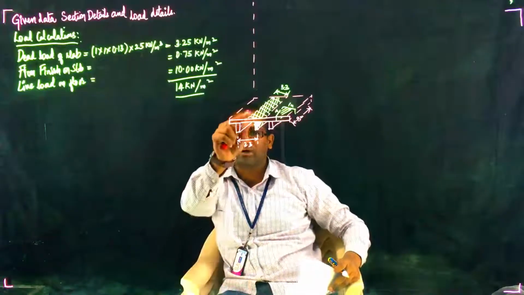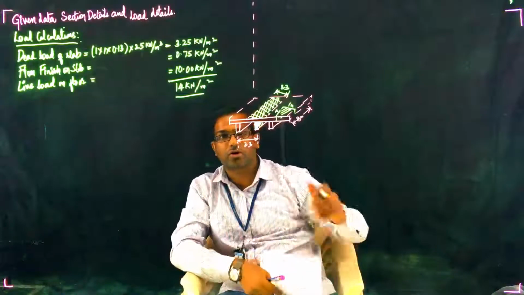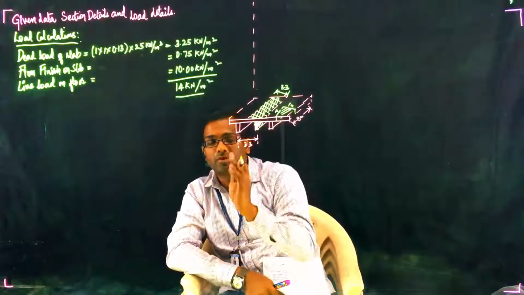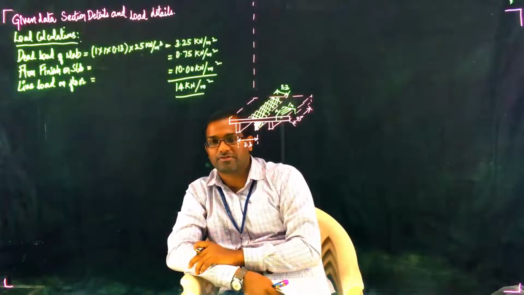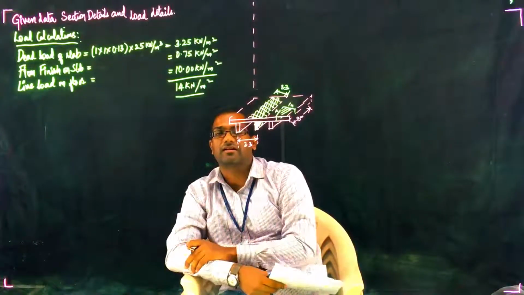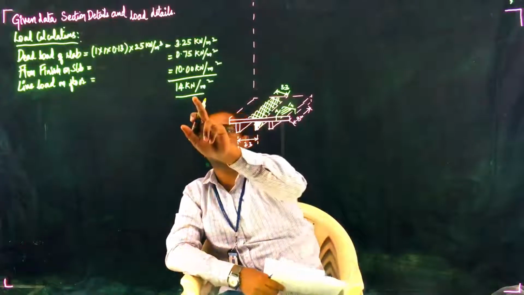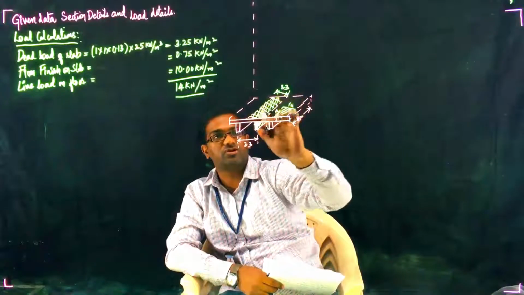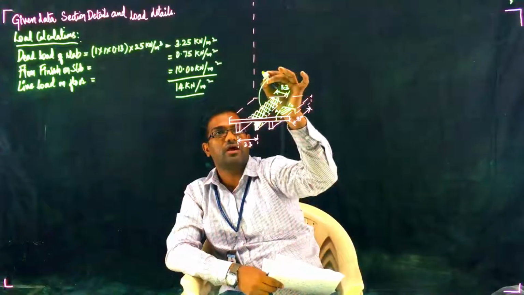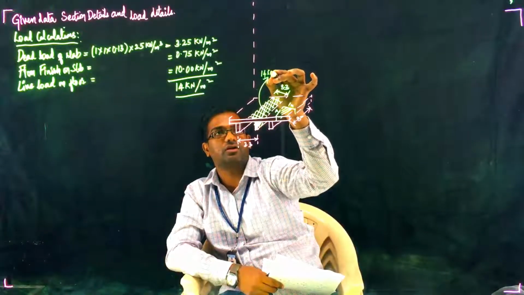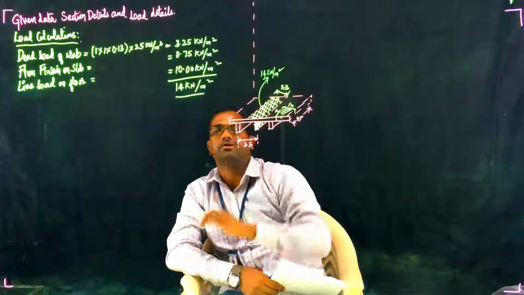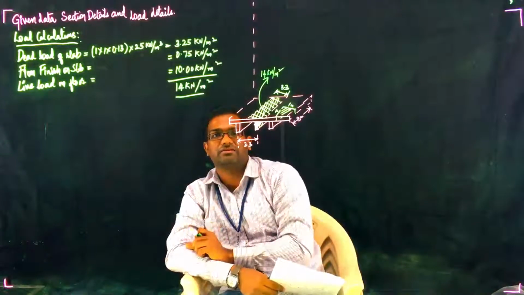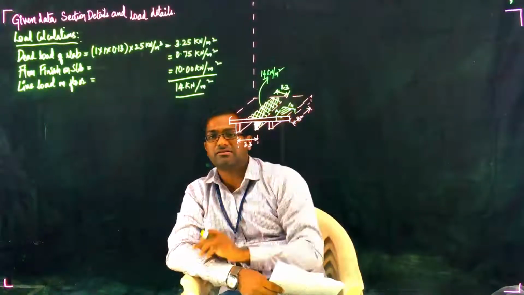Now there is another element below the slab. What do we call this? We call this the beam. So we need to calculate the beam. Beam load is not calculated in kilonewton per square meter. It is rather calculated in kilonewton per meter. So first we need to convert this 14 kilonewton per square meter, the value we have calculated. Now we need to calculate this per meter length. Per meter length, how much is it?